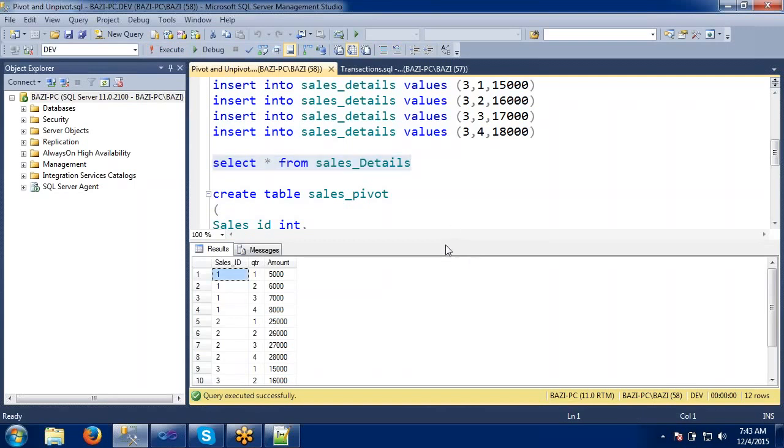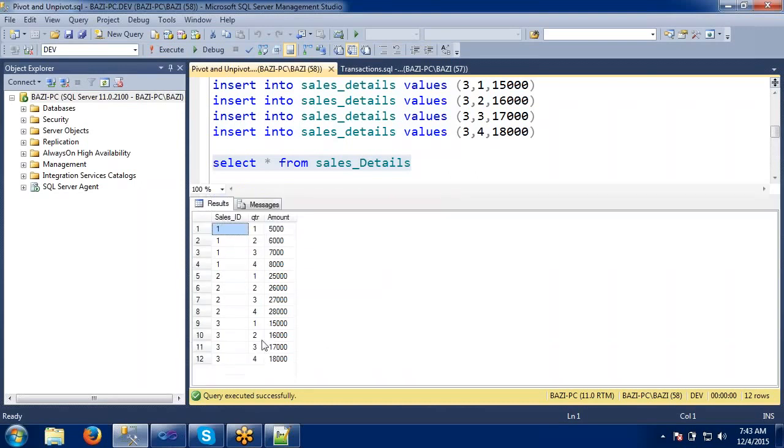I want to do pivot on this actually. If you observe here, I am having 12 records, and for sales ID 1 the first quarter value is 5000, second quarter 6000, third quarter 7000, fourth quarter same thing. Here I am having a unique sales ID for each quarter and the respective amount for that one. Like this I am having 3 sales IDs, and every sales ID has 4 quarters and their respective values.